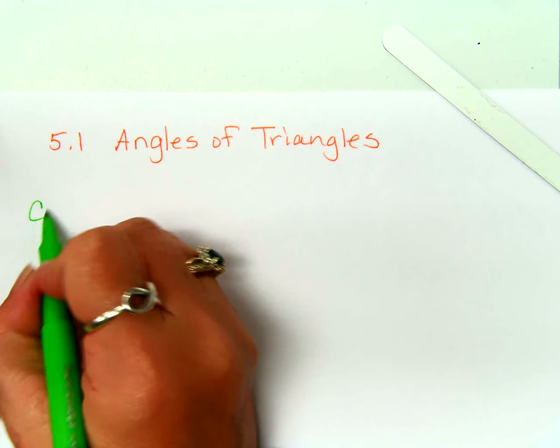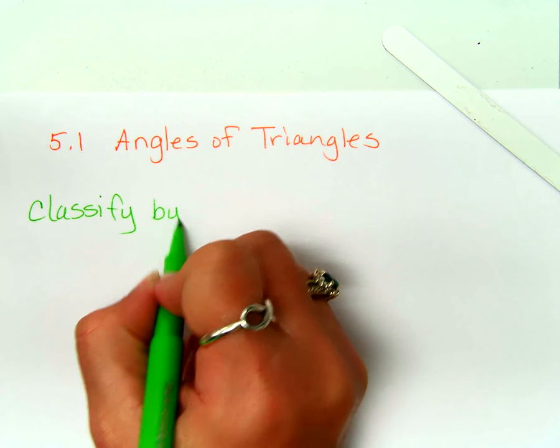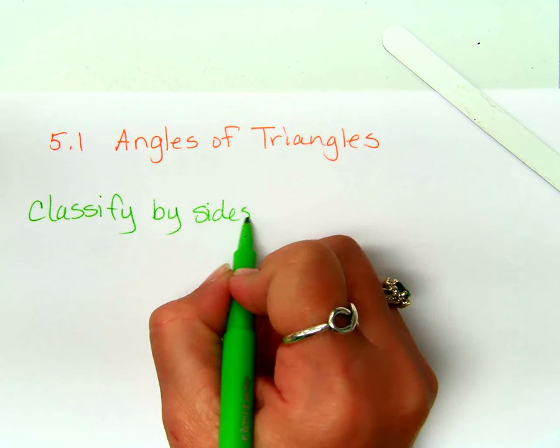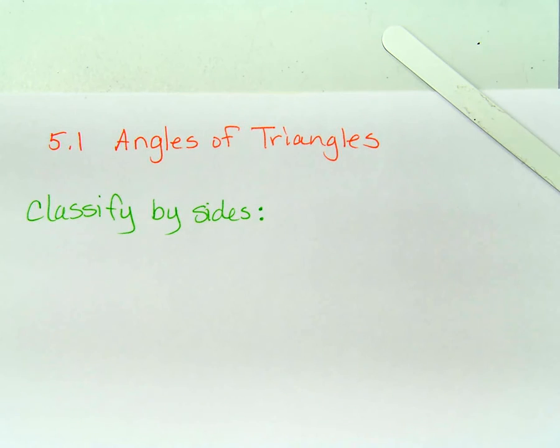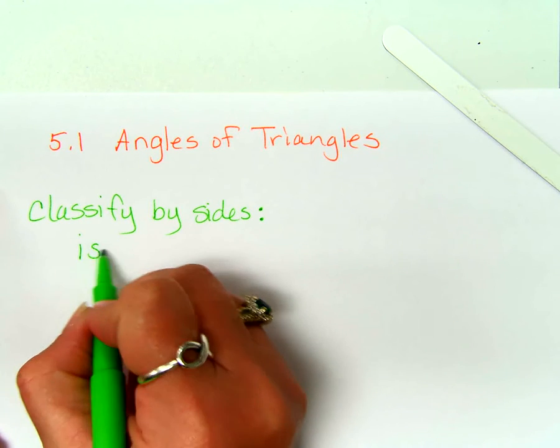The first way is to classify by the sides. Okay? We can classify them by the sides. So there's three possibilities. It's either